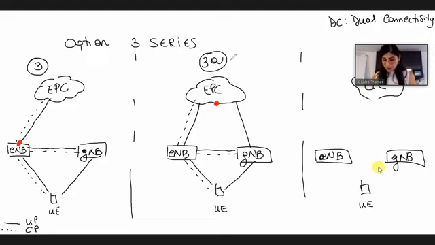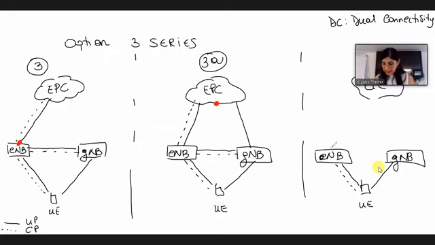Then we have option 3X. Actually, option 3X is the most used option worldwide. In this option, again, the user equipment can communicate with the eNodeB for both control plane and user plane, and can communicate with the gNodeB only for user plane information.